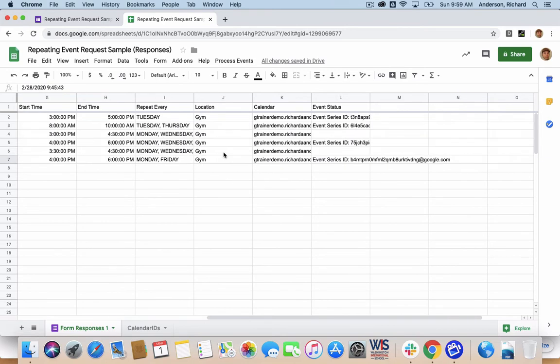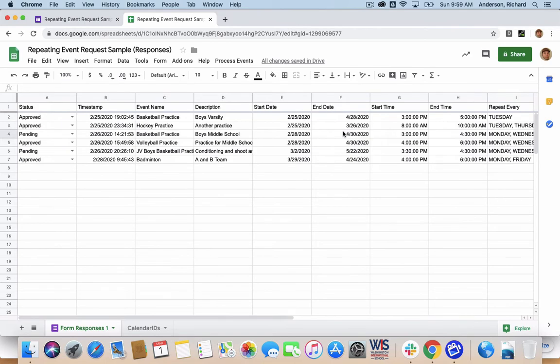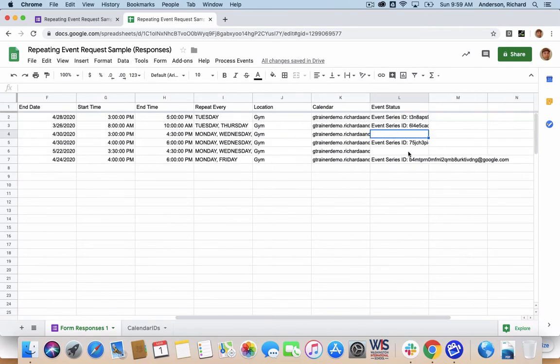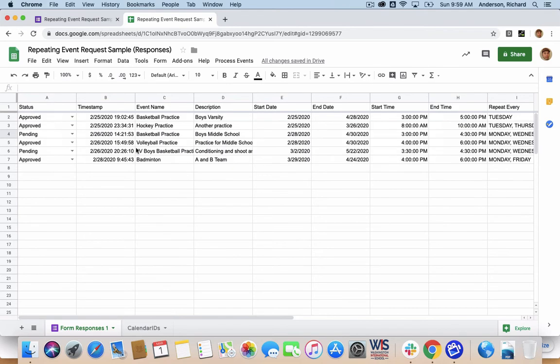At the back end, there is another status column. This is the event status. What this tells me is whether the event has already been added. When it's added, it adds the event ID to this column. So if the column is blank and the status is approved, it'll then fill it in. This way you can avoid creating duplicate events. It's this criteria paired with this criteria that will tell the script, okay, go ahead and upload that event